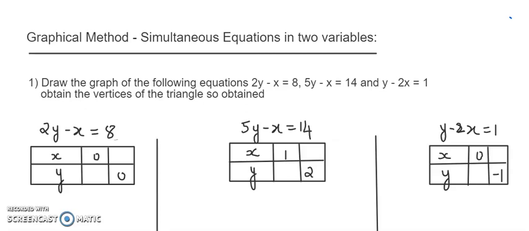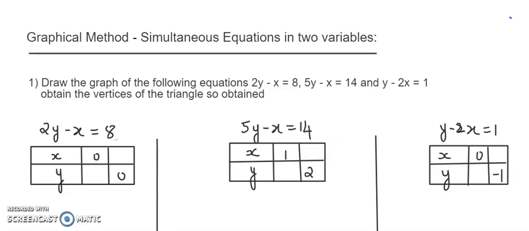Hello everyone. In continuation with the previous video of graphing linear equations and finding the solution, whether the two equations given are parallel, coincident, or intersecting lines. That's what we did in the previous video. Now, in this particular video, we'll be focusing on graphing the equations and shading the triangle that forms between the three lines which are given, or between the two lines given and the y-axis, or between the two lines given and the x-axis, and then finding the area of that particular shaded region.